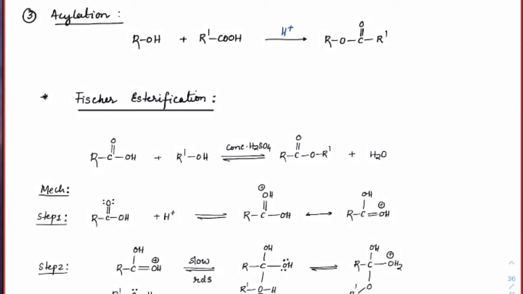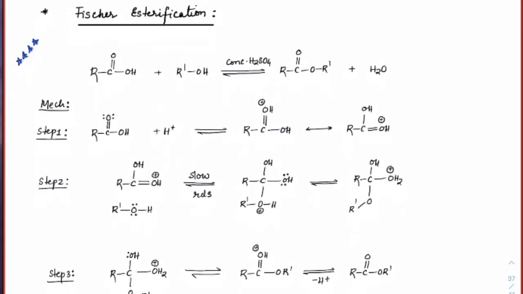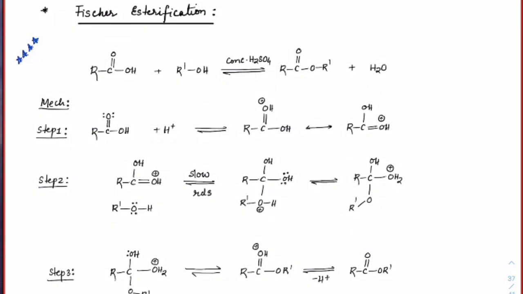So if you take a simple acid and alcohol, and make that reaction in acidic medium to form an ester, that is called Fischer esterification. Give the heading as acylation steps, in which first we are discussing Fischer esterification. This is an important area in NCERT. With every step it is given. Okay, first let us focus here, stop writing and focus on the mechanism, and then you can write it down.